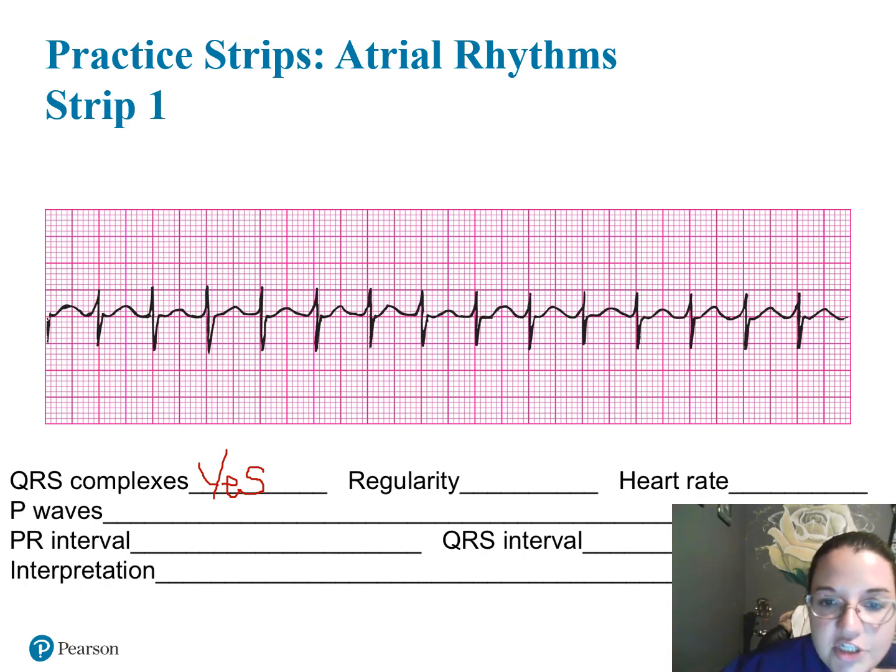So, how do I determine that regularity again? I'm going to count the boxes in between. I know that one big box is going to be 5 little boxes in between, right? So if I count, or I could even add 5 plus 5, how many boxes are in between this one? 10,